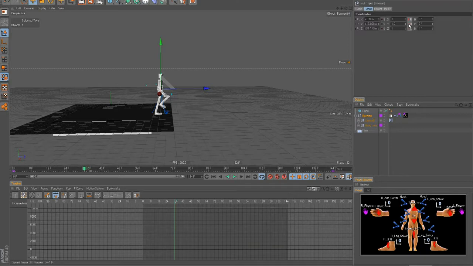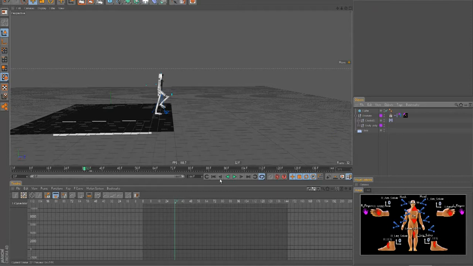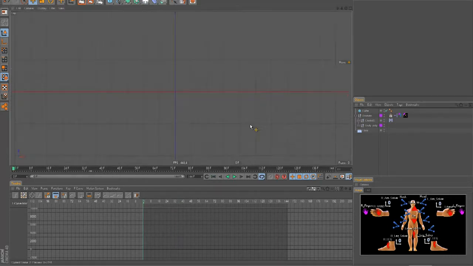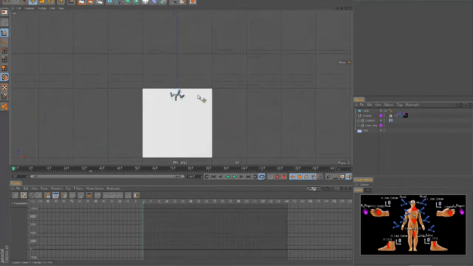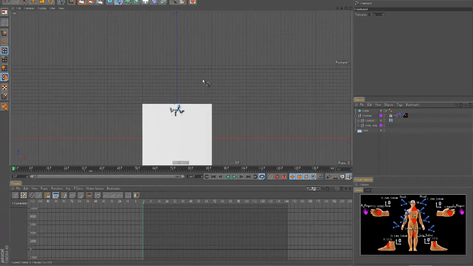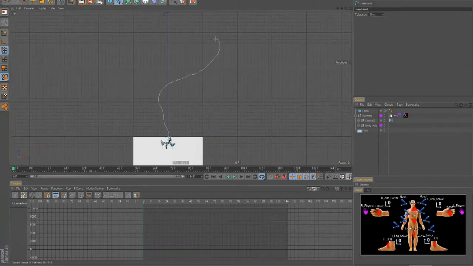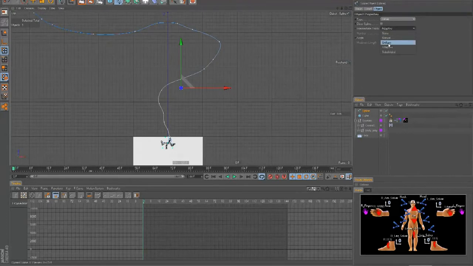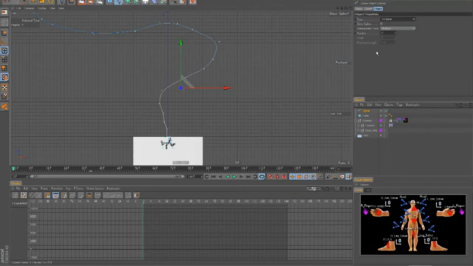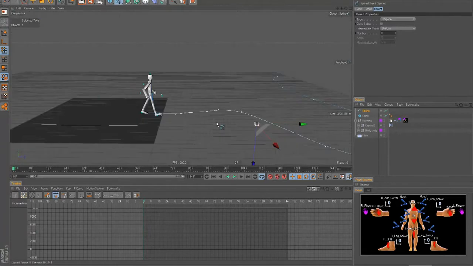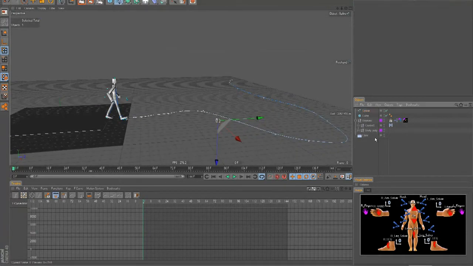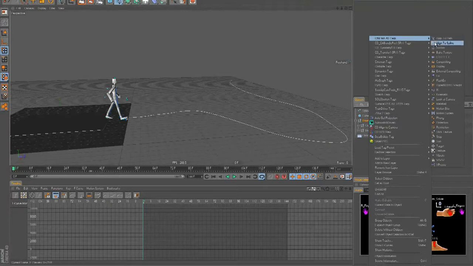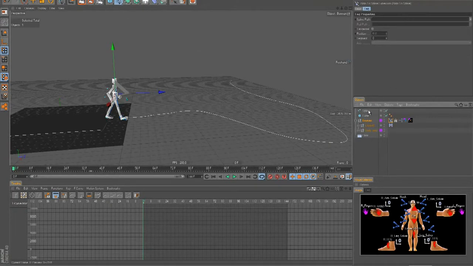And then let's delete these keys. I'm pressing shift control and that deletes them all. Oops. And the other thing you can do if you want to walk around a curved path or something, let's go into top view and then let's draw a freehand spline, just going like, wow, like that. And then let's change it to uniform and a B spline maybe. Is that smoother? It looks smoother, right? And then we can put an align to spline tag on him, and then give it the spline, and say